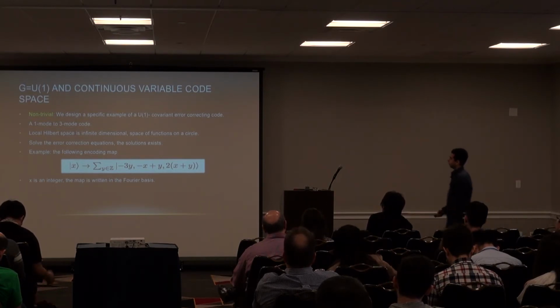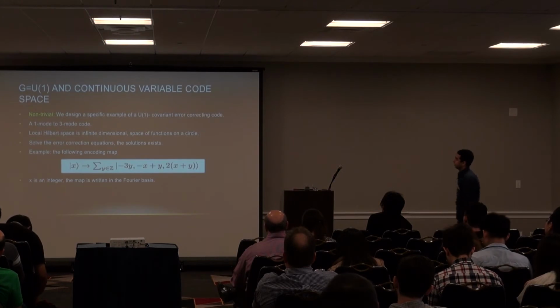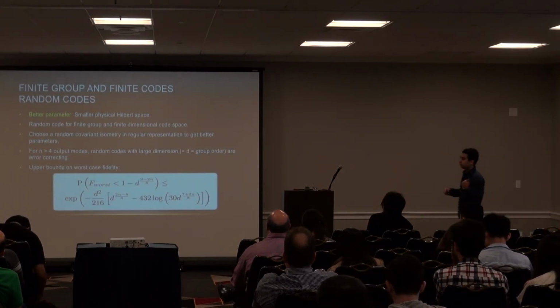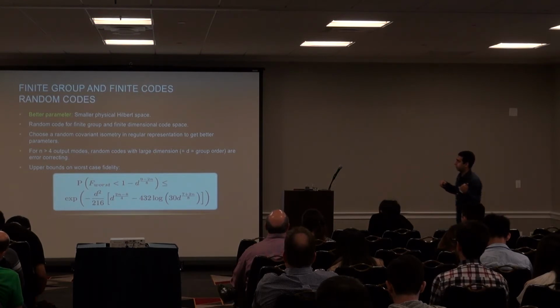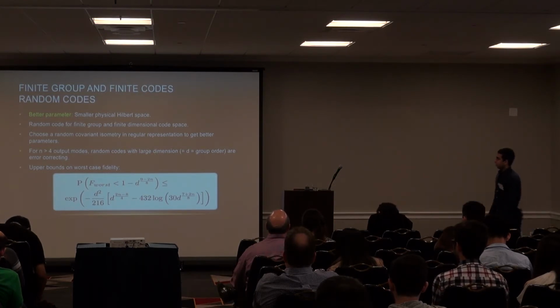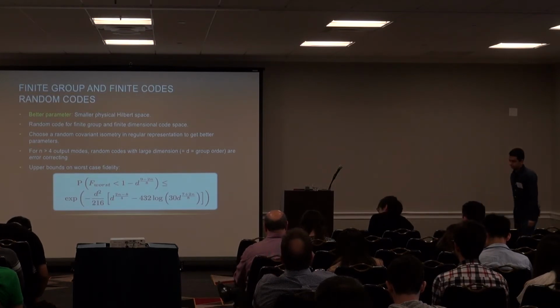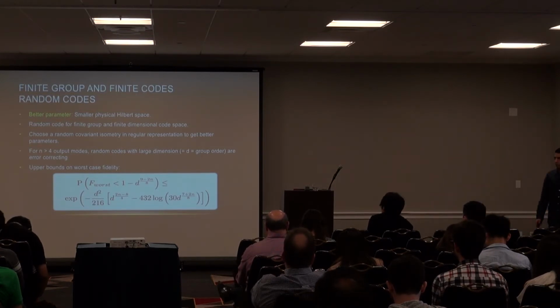And so now I talked about this specific example. Then I go back to the usual finite group and finite codes. And now I'm going to give you better parameters for a smaller physical Hilbert space. So what I do here is that,